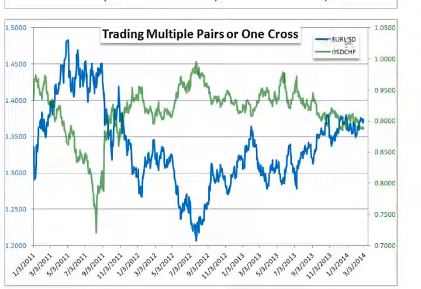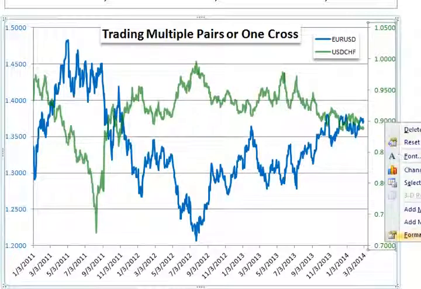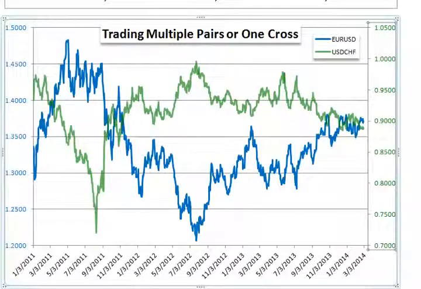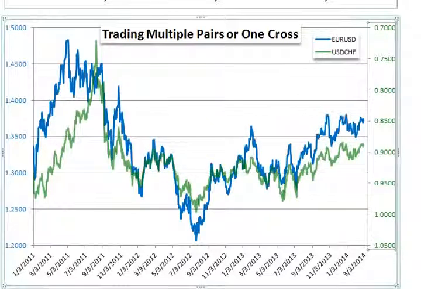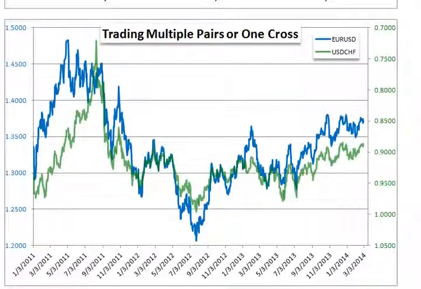Now you can see that the euro is on one side of this pair and the Swiss franc is on the opposite side of this pairing. Now what happens if I put them on the same side? Let me flip this dollar Swiss upside down, and as you can see, the correlation is actually very, very good. Well, that's a good thing because when I look at the Euro USD,